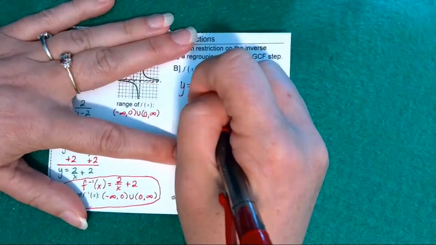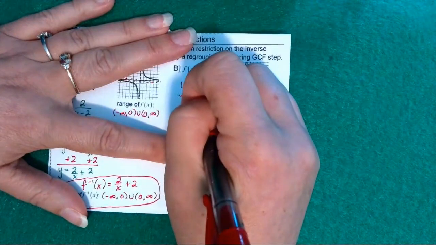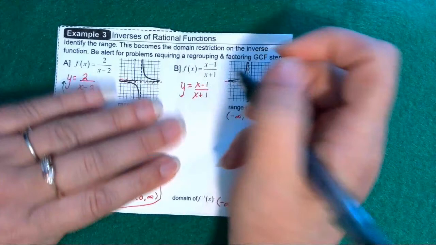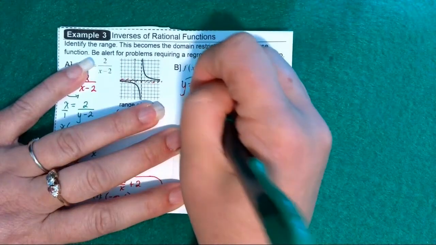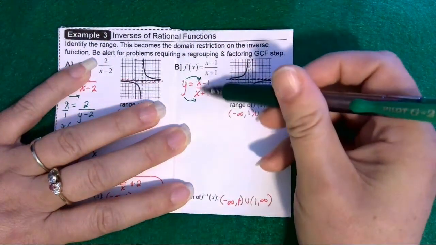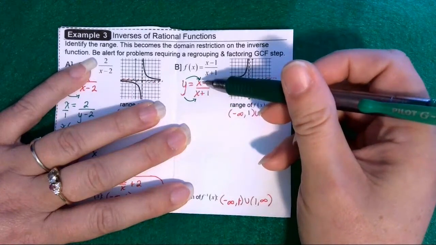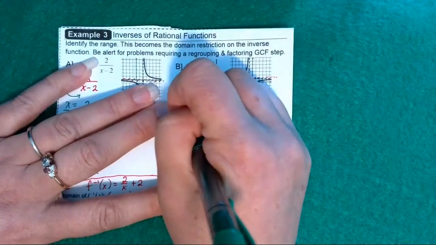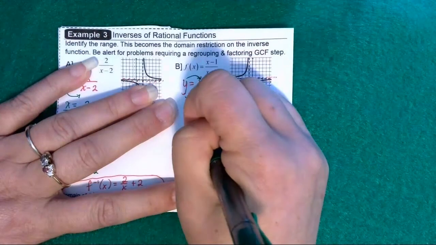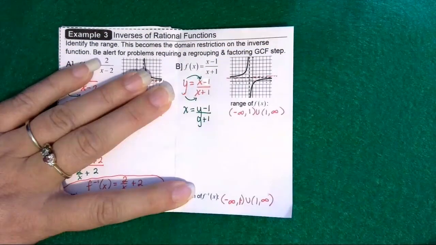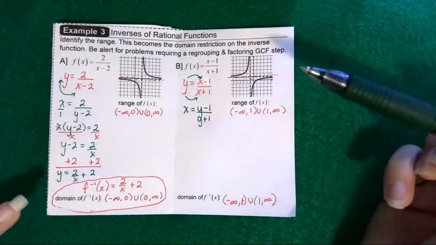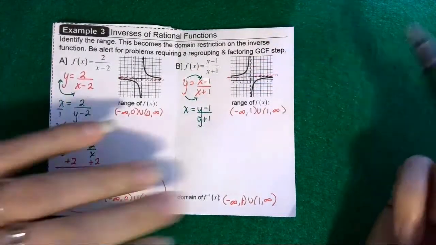So y equals x minus 1 in the numerator and then x plus 1 in the denominator. Okay, now when I go to switch my x and y here, I have to remember that I'm doing that with all of the x's. So since this rational function has an x in 2 places, they both become y's. So I'll have x now equal to y minus 1 in the numerator and a y plus 1 in the denominator. Okay, now I want to solve for y, and just like I did in example A,